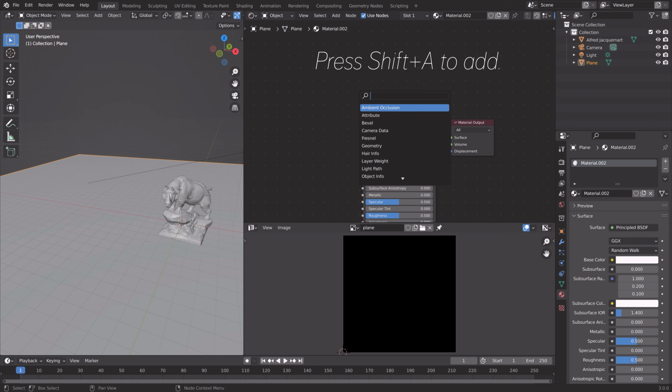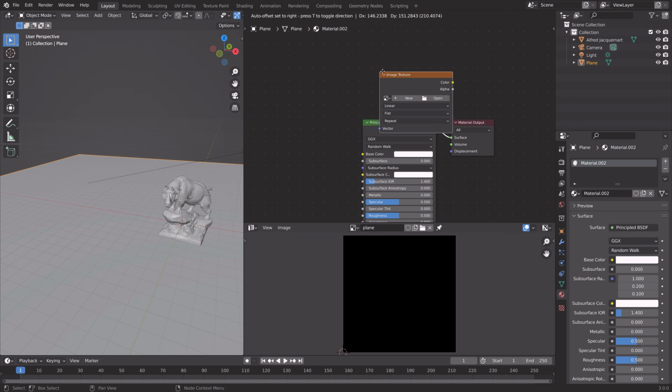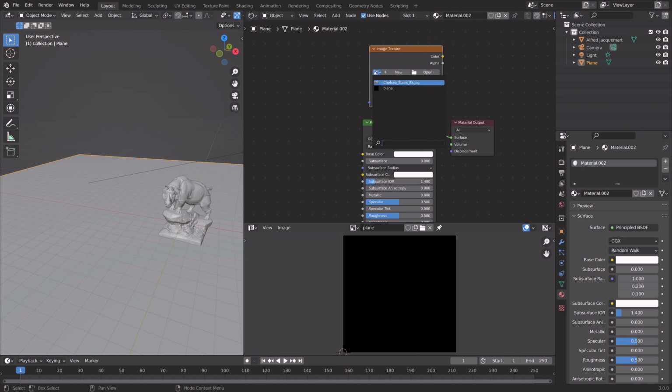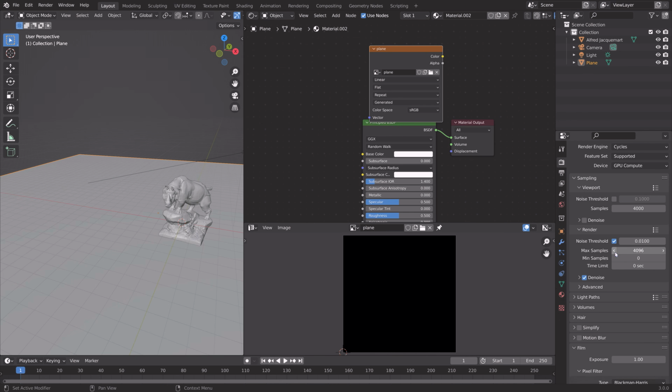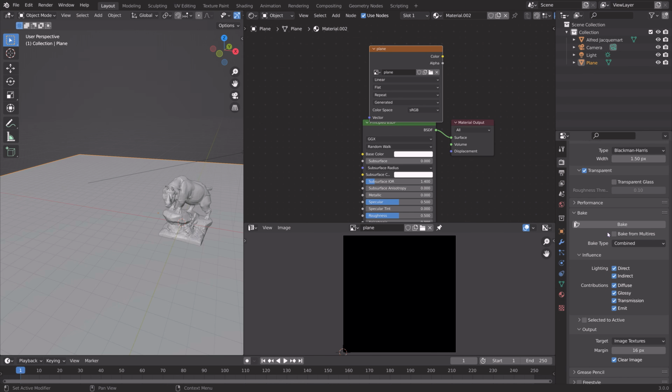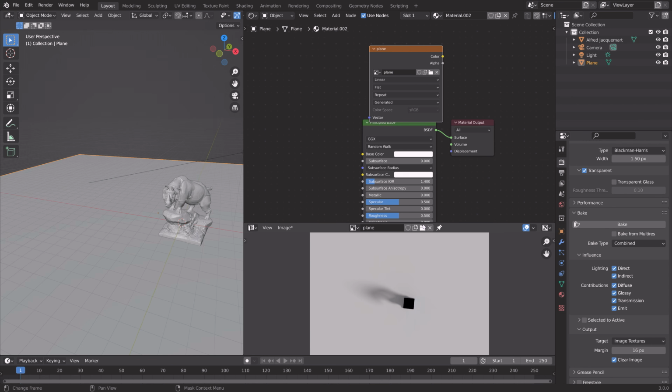And then press Shift A, and then let's add an image texture. And then we need to select that new image that we just created. And then under the render settings, we're going to go to Bake and then bake the shadows that we have in Cycles. Okay, so now we have the shadows,